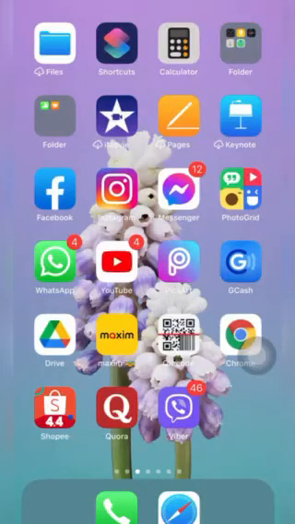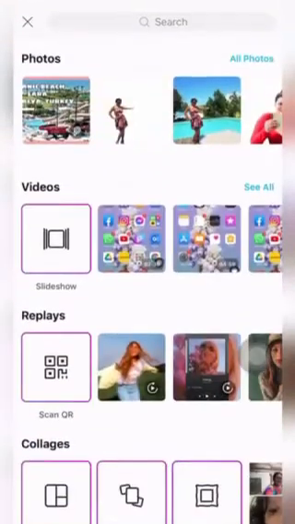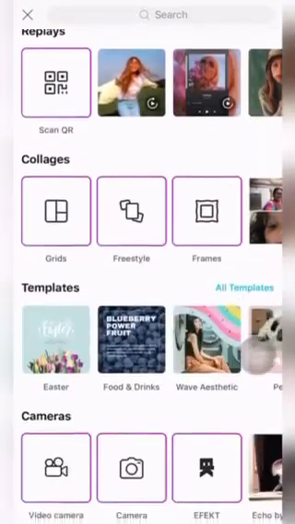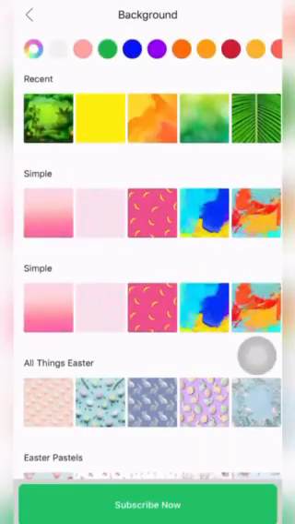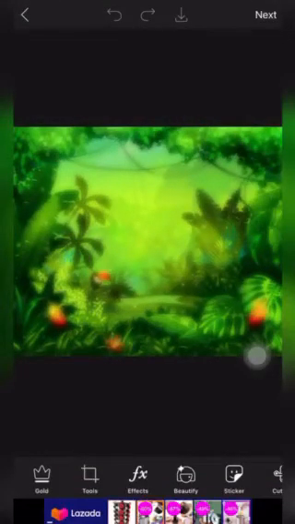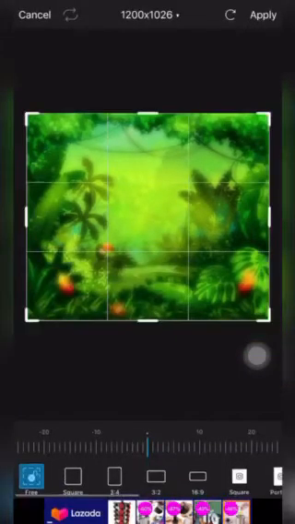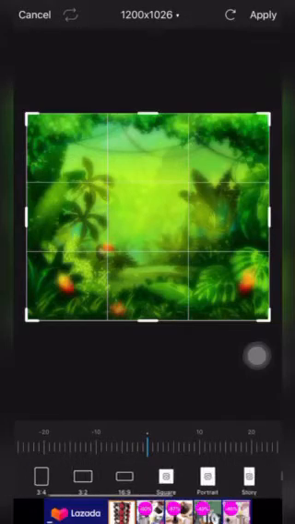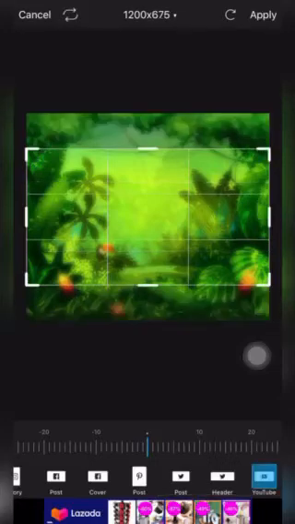So I'm just gonna click on PixArt and then tap the plus icon, and then I'm gonna choose a background right here. There are free backgrounds, and just say for example I want to use this one. So I'm just gonna tap on tools. This will resize. Using crop, we are going to resize the background into a YouTube thumbnail size, and then apply,